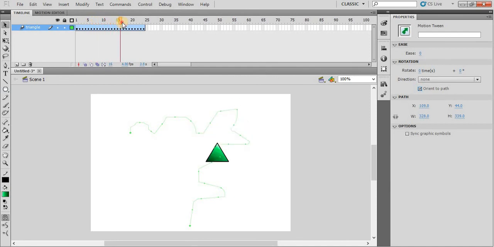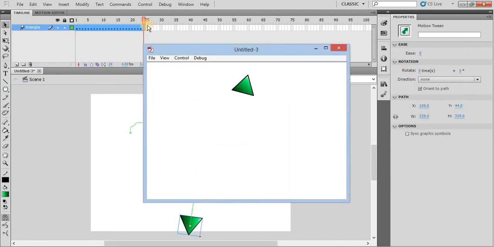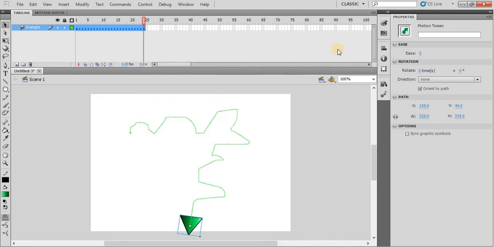Can you see? So if you want to change the direction of this triangle, you will use the orient to path option from the properties window.